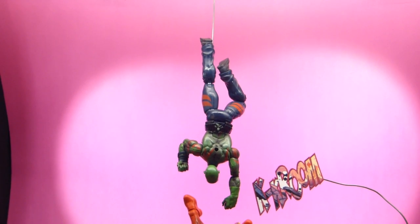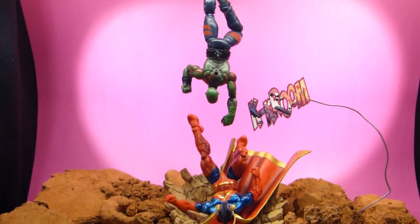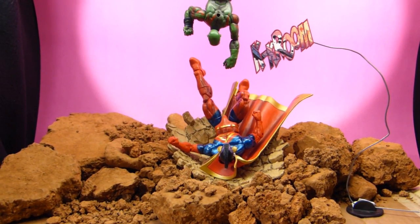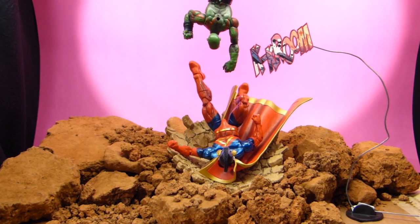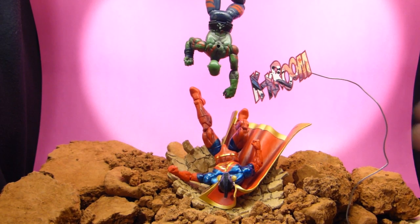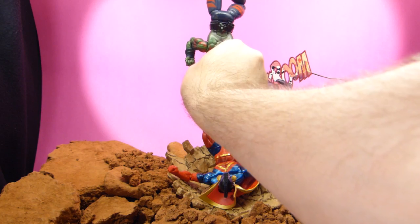This way, with thread he would have been spinning the entire time, and there's no way I could have that going down, so he stays on there really secure. And then I got my trusty cutout stand there, and just stuck that on with some masking tape. I've been using the same piece of masking tape for a while. Oh, and then on Drax's head I used some sticky tack because his head doesn't actually clear